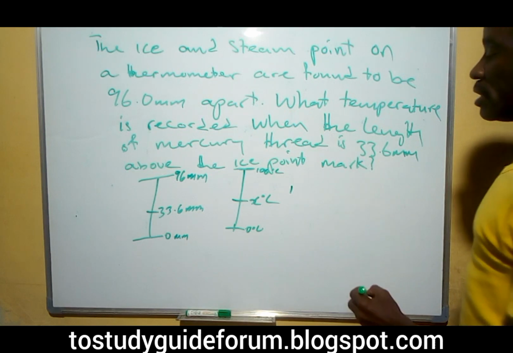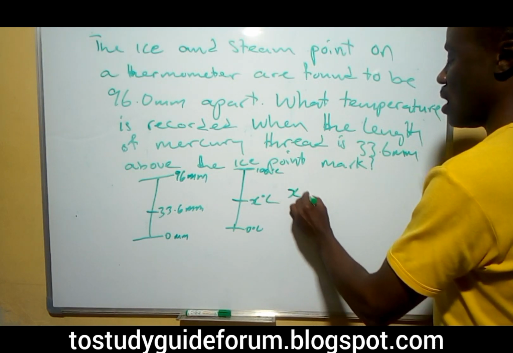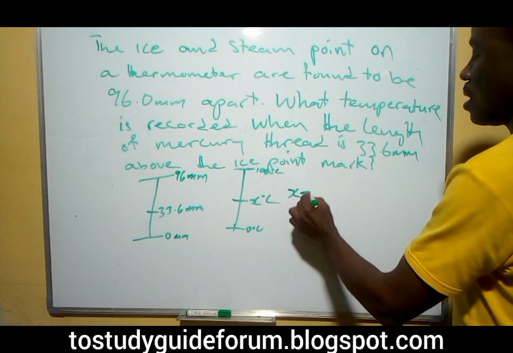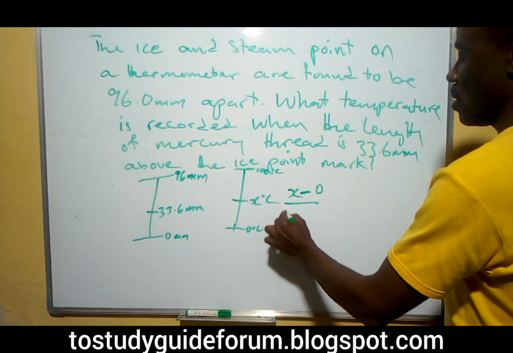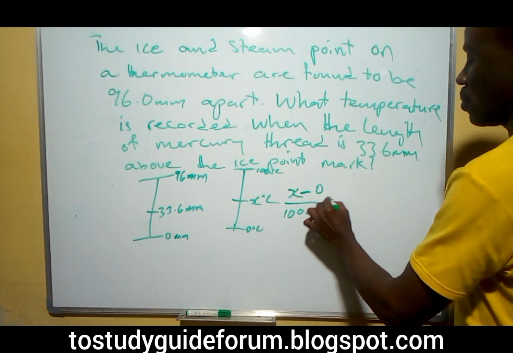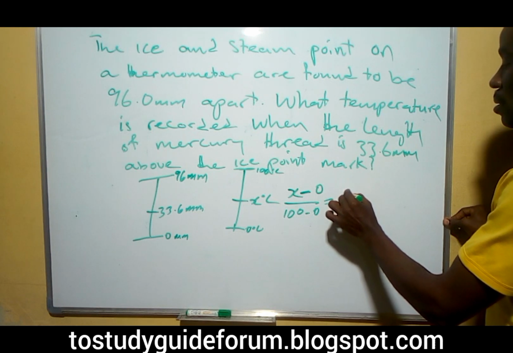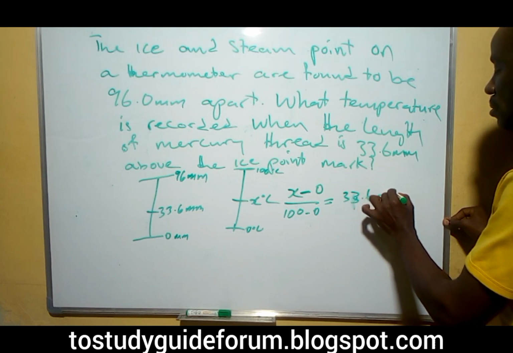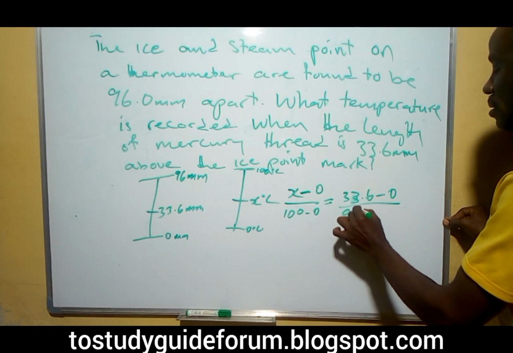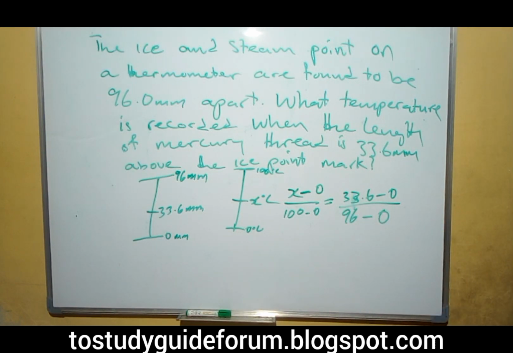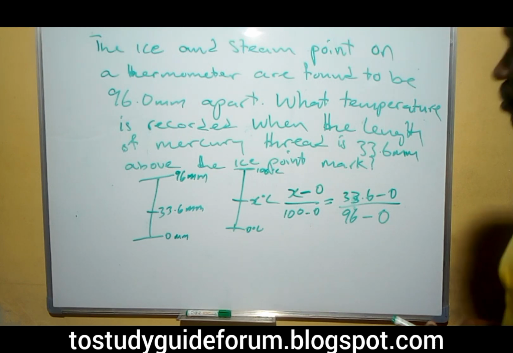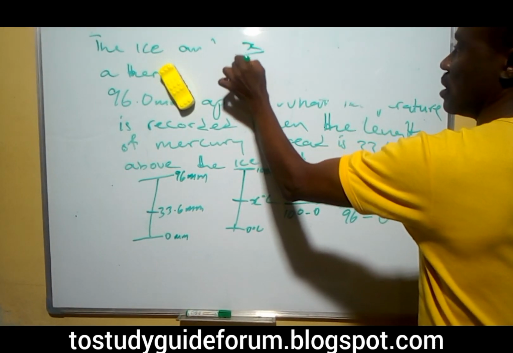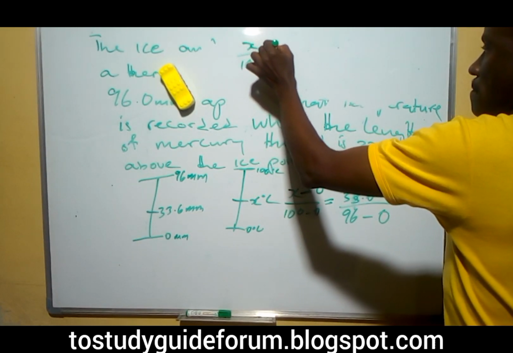So in the comparison, we can say that x degree, x minus 0 over 100 minus 0, equal to 33.6 minus 0 over 96 minus 0. If we subtract it, what we have will be x over 100 equal to